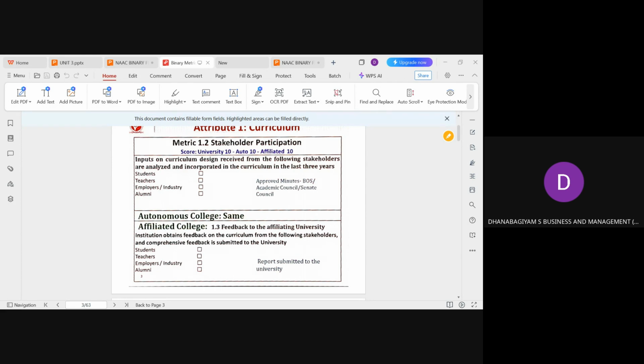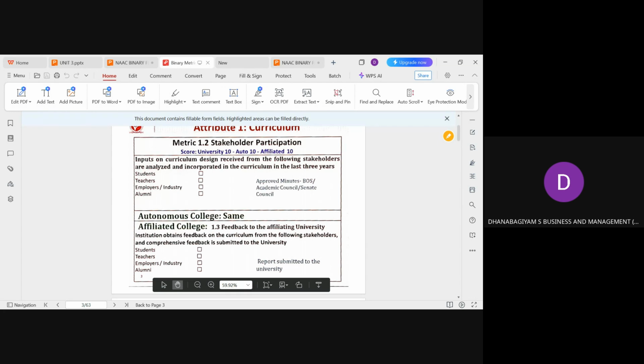So this needs to be done very thoroughly. While designing the curriculum itself, we have to bring in all the stakeholders and thoroughly evaluate our syllabus, getting inputs from students, teachers, and even employers. Employers are nothing but industry experts who are our frequent recruiters. For BCom, we have frequent recruiters from Infosys, Cognizant or Wipro. We can invite those experts to our syllabus committee and revise our syllabus according to industry needs.